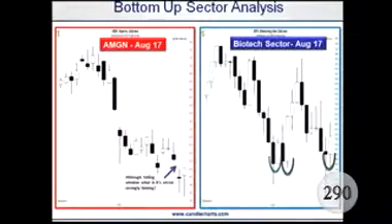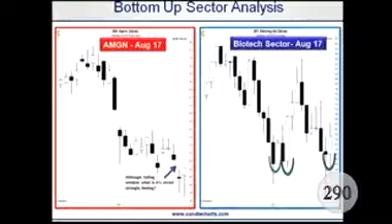Now, we have a falling window. There's a hammer, but there's also a falling window. So we know how much I like windows. Usually, between a window and something else, the window usually wins. So we have a bullish hammer and a bearish window. Normally, we wouldn't do a trade, but if we're thinking of selling this,